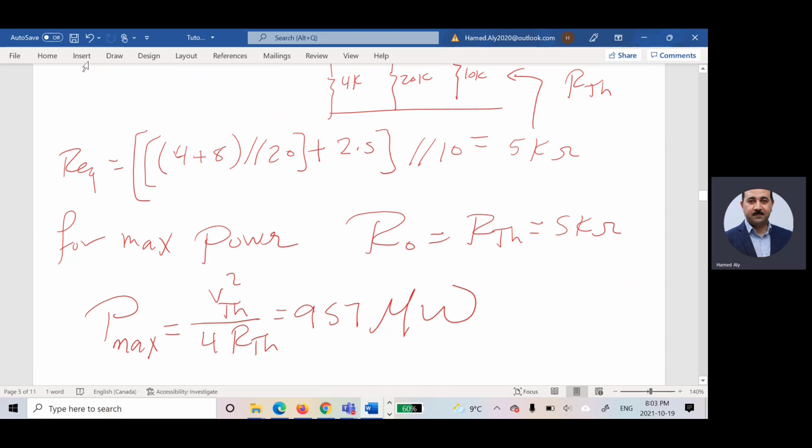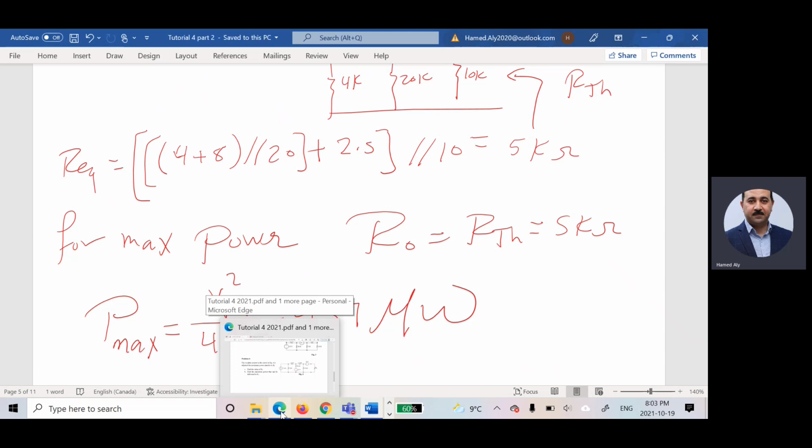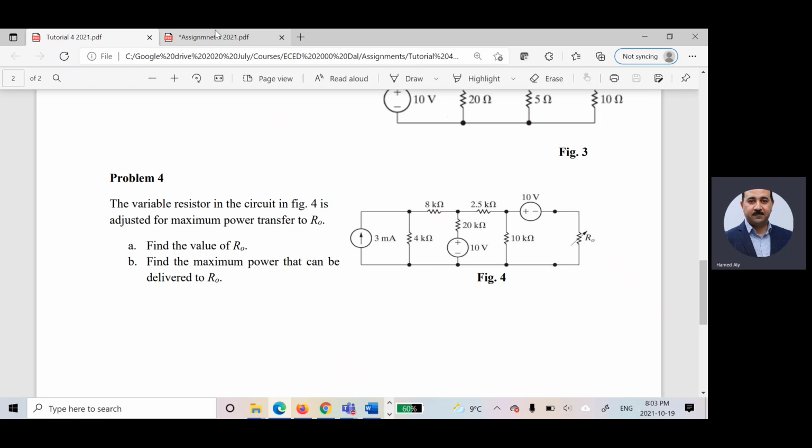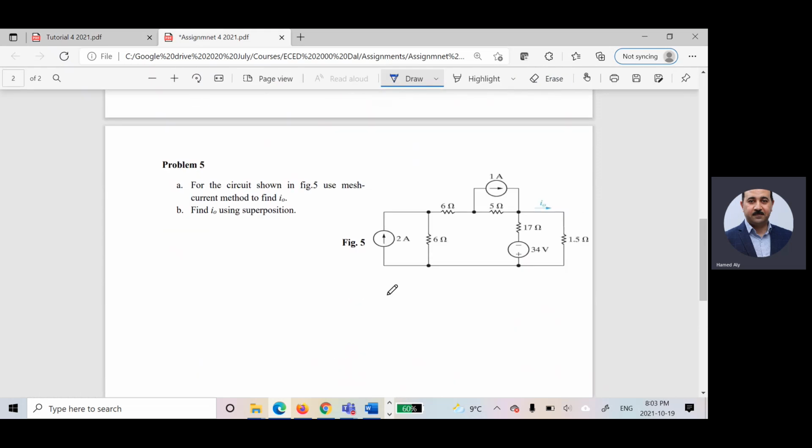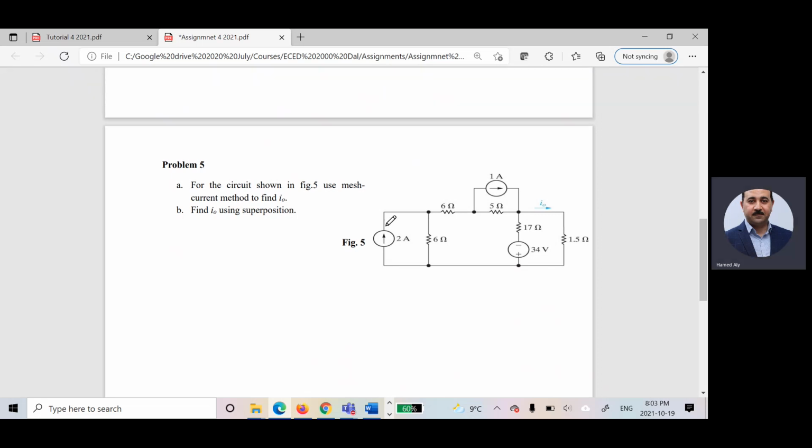This is the last problem in the tutorial, but before leaving, I'd like to show you the last problem in the assignment, which is this one. I asked you here to solve this problem using mesh, and then I asked you to solve it again for finding IO by using superposition. So by using superposition, I will use this only, and those two will be zeros. So this guy will be replaced by open circuit, this guy will be replaced by short circuit,